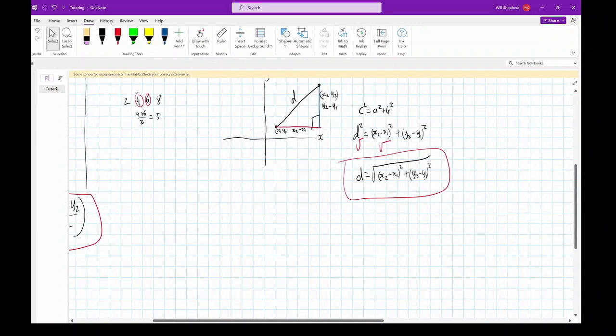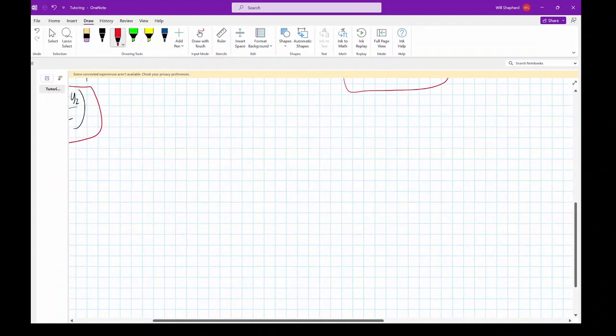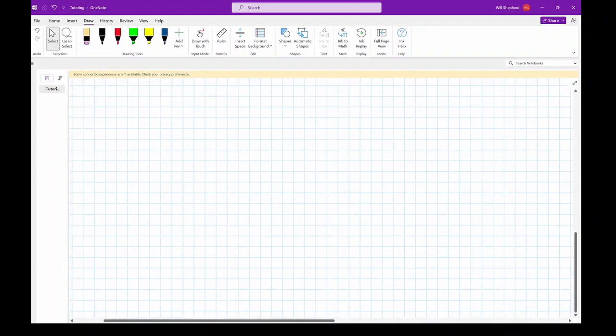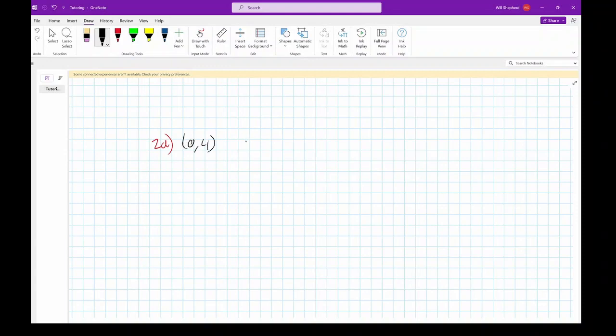Okay, so then we're just going to go straight into question 2. We're going to skip question 1 for today, guys, because it's not that complicated to do that. But we're going to go with 2a now, and 2a says find the exact distance between the pairs of points. And the first one for 2a is we have 0, 4, and we also have 2, 9. Now, of course, we have to identify which one of these points is further to the left, because that will give us our